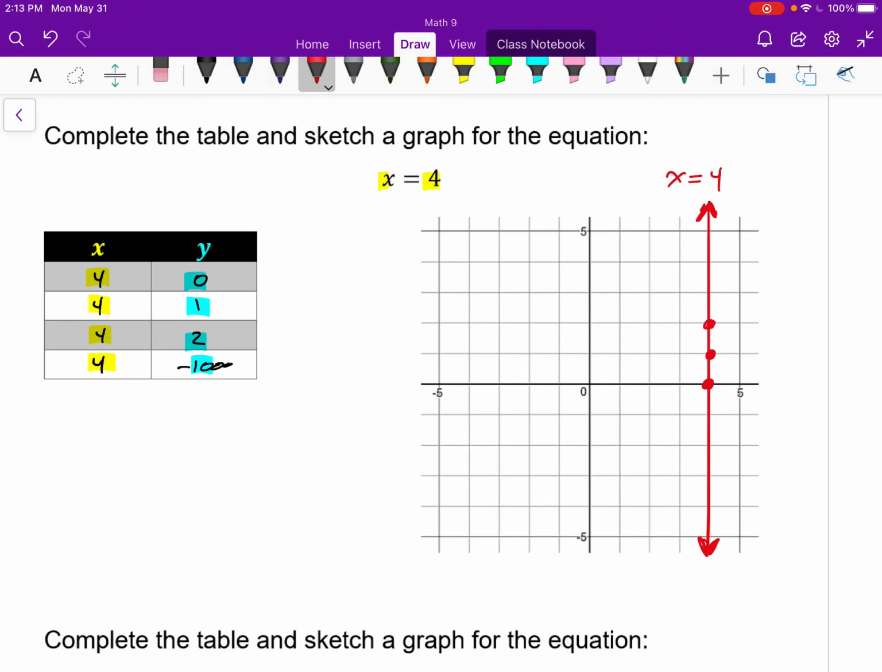Essentially, the y coordinate doesn't matter. x is always 4. And if you visualize on a two-dimensional graph where x coordinates equal 4, it's along this vertical line. So x equals 4 makes a vertical line,